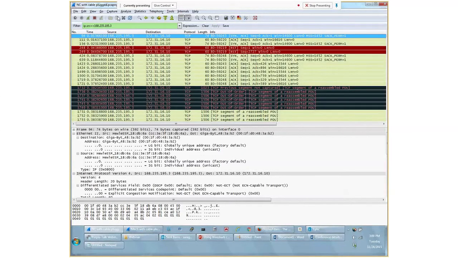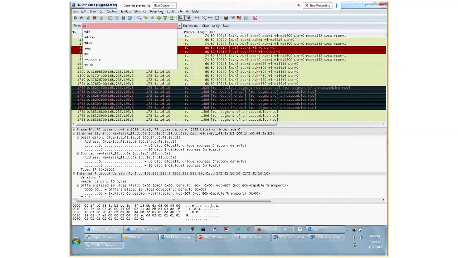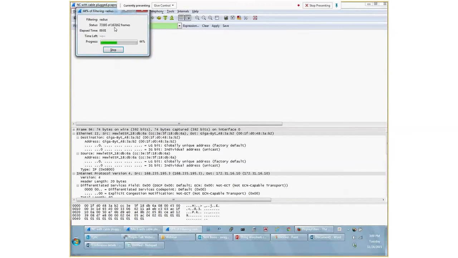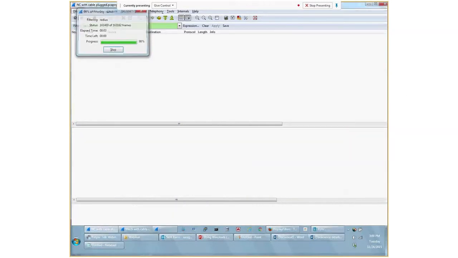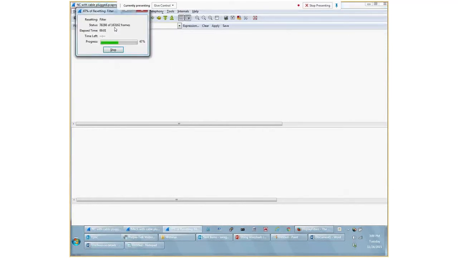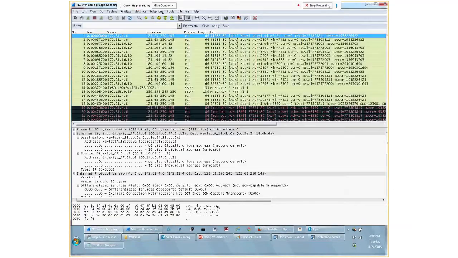Or let's say you want information about RADIUS. I'm not sure if there are any RADIUS packets here, but we can check. No, I don't think so. So we'll look for some DHCP information, that is, any client that has requested a DHCP address.